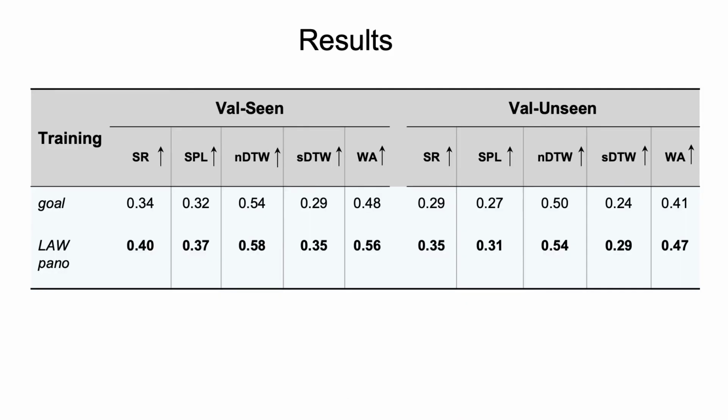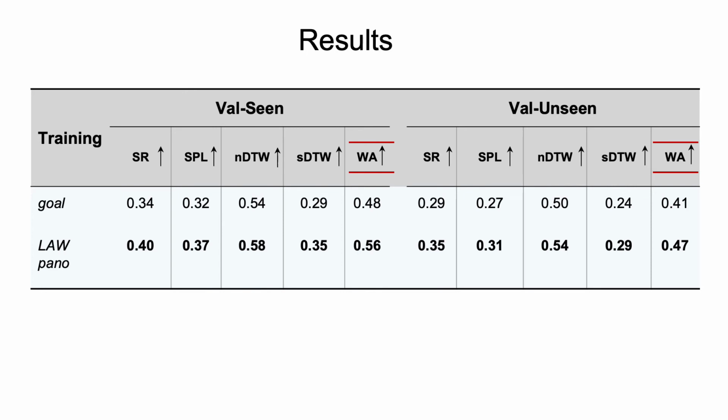We measure the model performance using standard VLN metrics. Success rate and SPL measure whether the agent is able to reach the goal. However, we focus on the metrics that capture how well the agent is able to follow an instruction. Normalized dynamic time warping, or NDTW, evaluates how well the agent trajectory matches the ground truth trajectory as a whole. Success weighted by normalized dynamic time warping, or SDTW, combines NDTW with the success rate, considering only successful episodes. In addition, we introduce a simple intuitive metric called waypoint accuracy that measures the fraction of waypoints the agent is